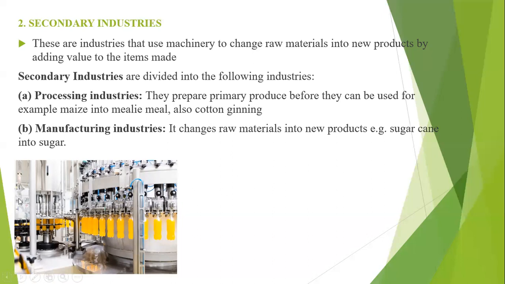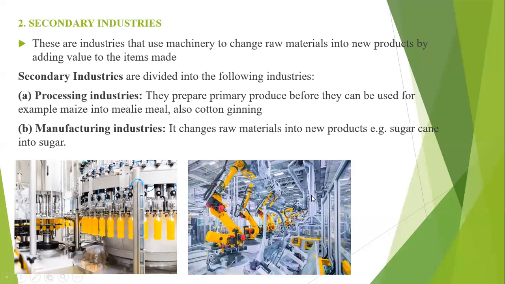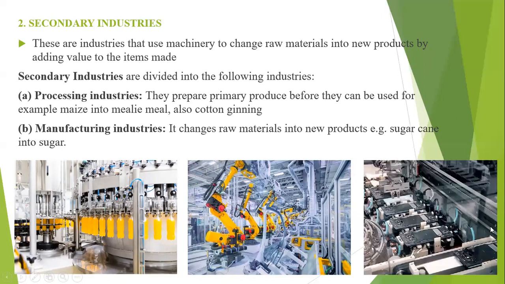So as you're able to see, this is a phone manufacturing industry where phones are being made or manufactured. Then we also have the processing of drinks. The drinks are being made here from fruits like pineapples and oranges. So from the fruits, pineapples and oranges, they're able to make, or process, juice for these drinks. So these are the industries which you must be able to understand when it comes to